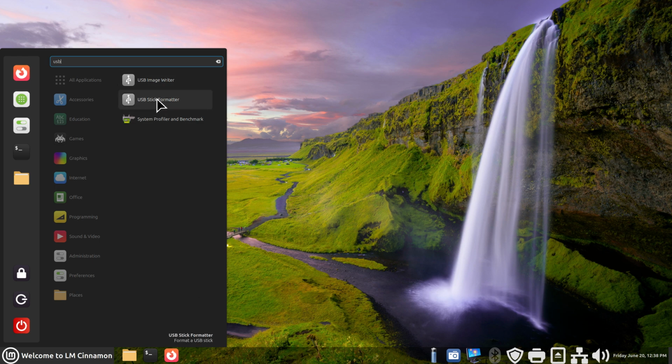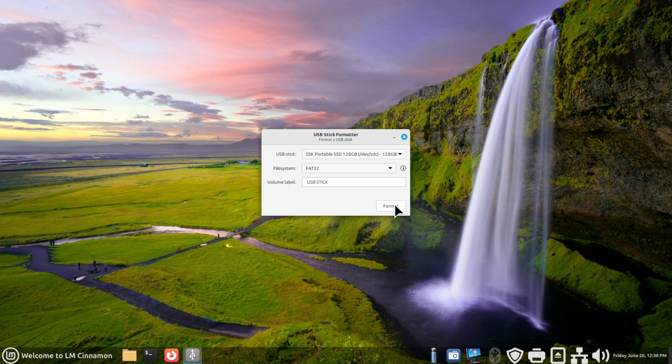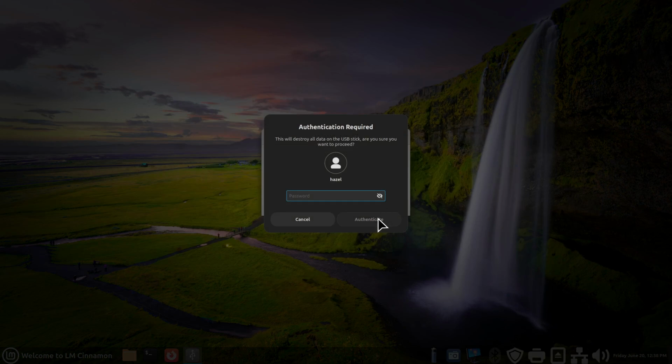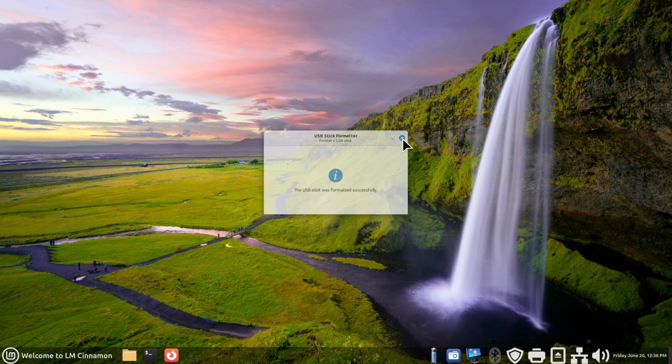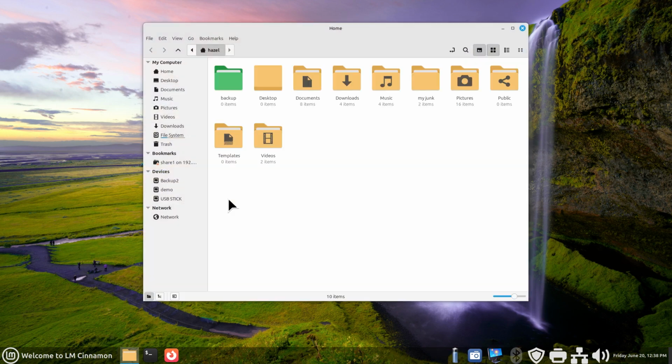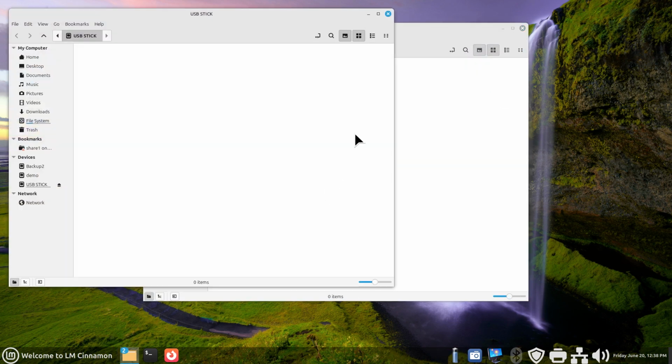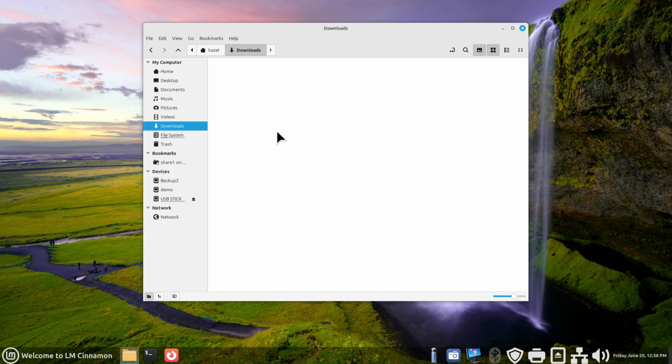Now you can see the practicality of the formatter, possibly. This only takes me a second, and the image is gone. So I can reuse that now for something else. Then I can go ahead and burn the second image of KachiOS and test drive that on another machine, install it if I want. But if you are going to be installing these things, please, I would also caution you